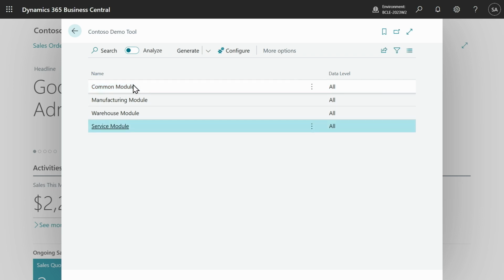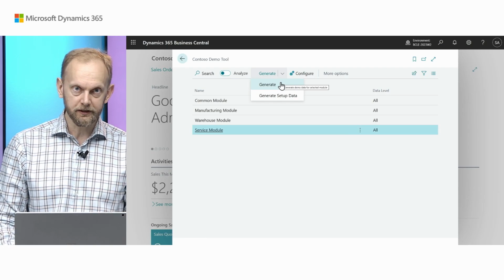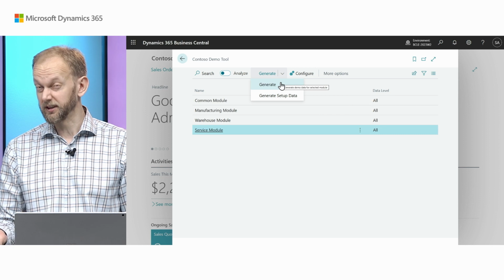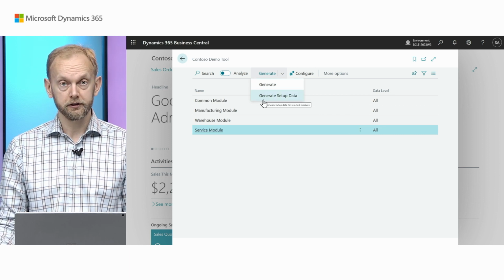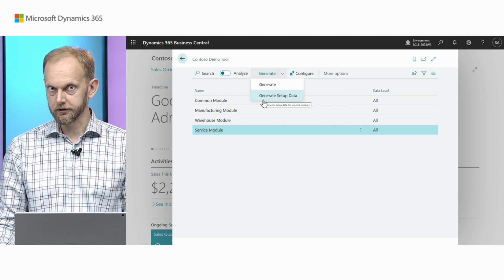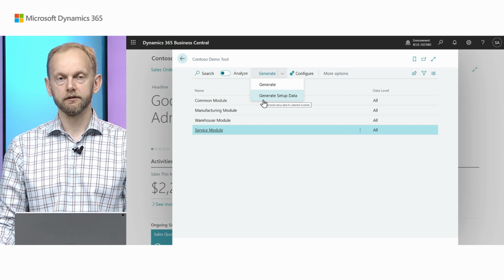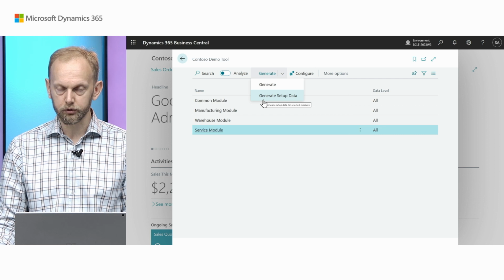And because this model is dependent, you just run one functional model, and you can run it in two different modes. You can run it in generate full, which means setup and demo data, master data and transactions included, or generate setup data only, which means you can get number series and various setups in the company, but not master data. Then you can load your data somehow differently. I don't need to run anything because it's already executed in the pre-installed packages, pre-installed companies. But if you create a new company, you might want to try it.